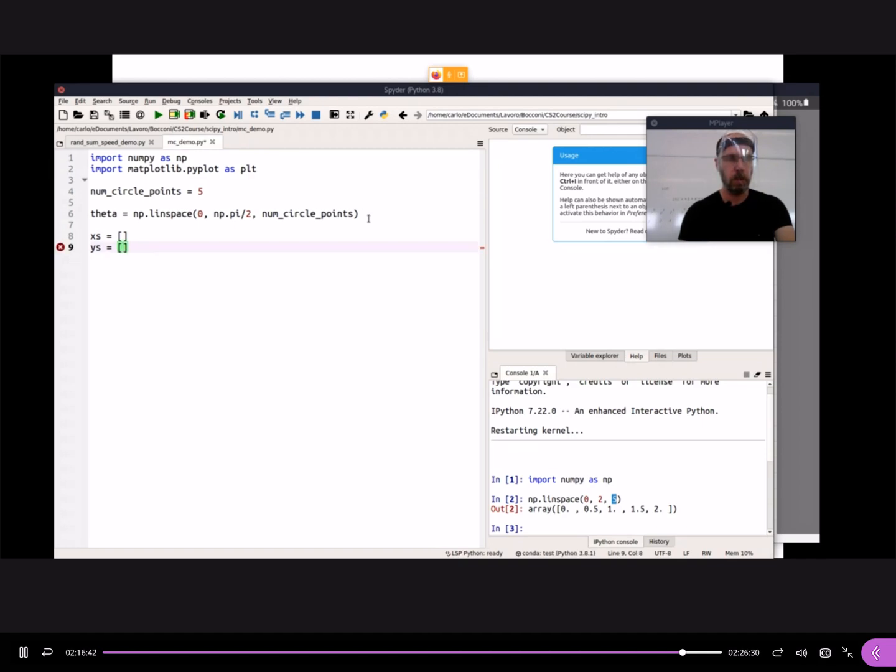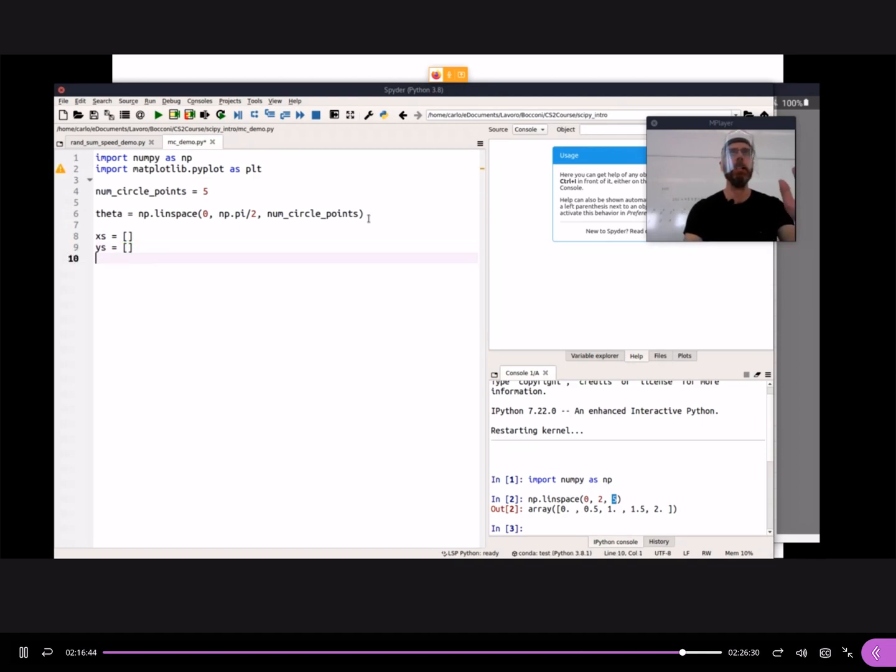Okay, I'll need 2 lists, let's say. Let's start with lists. Okay, and I'll say for t in theta, so all the angles that I just computed, I can iterate over them. It's an array, but it's still iterable, so I can put it in a for loop. All right? If I do this, and then I say the x, as I was saying, is the cosine of